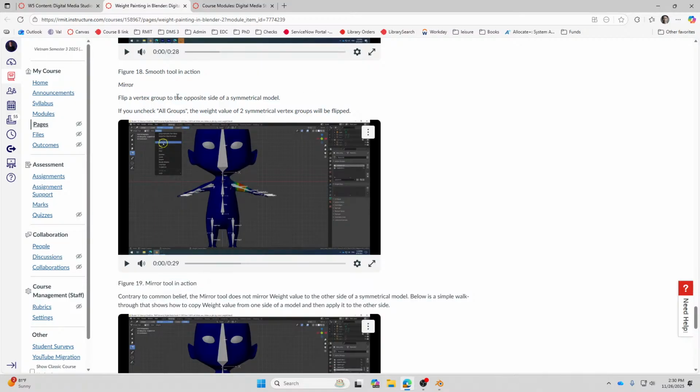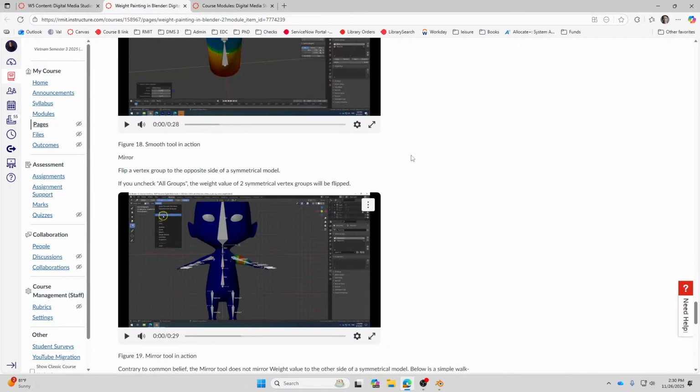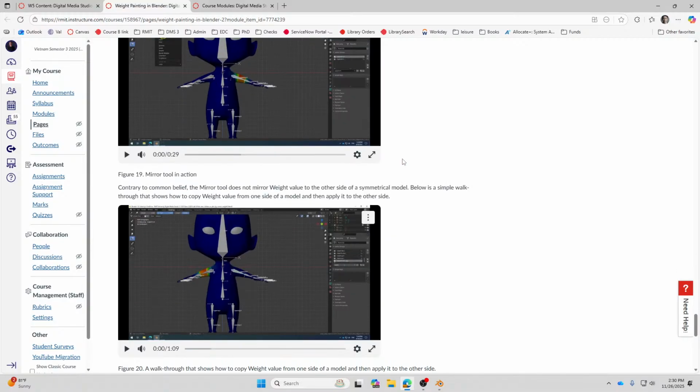Basically, in Blender, if you forgot to turn on the symmetry when you paint, there's a workaround to mirror the weight to the other side of the model.